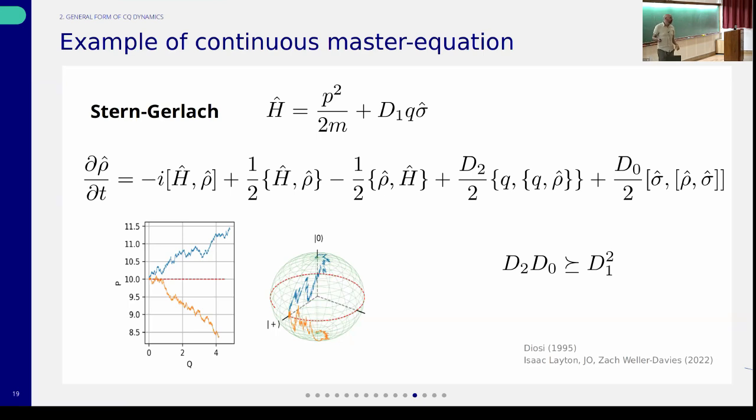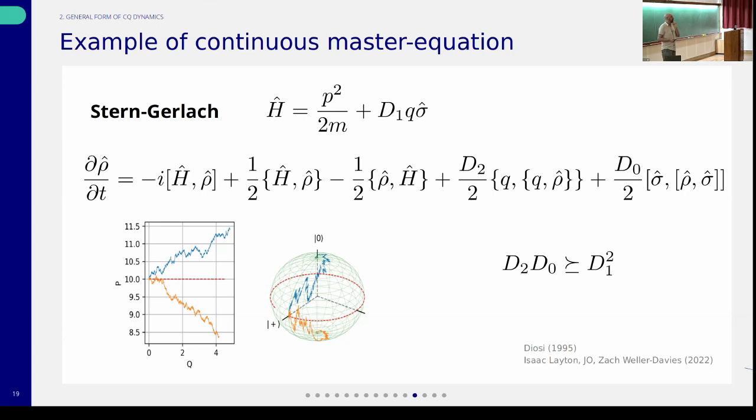And so just like I have a sum, if I had two systems which are both classical, I would have two Poisson brackets, one for the Q1, one for the Q2. If I had two quantum systems, and there wasn't an interaction, I would have, for each system, I would have